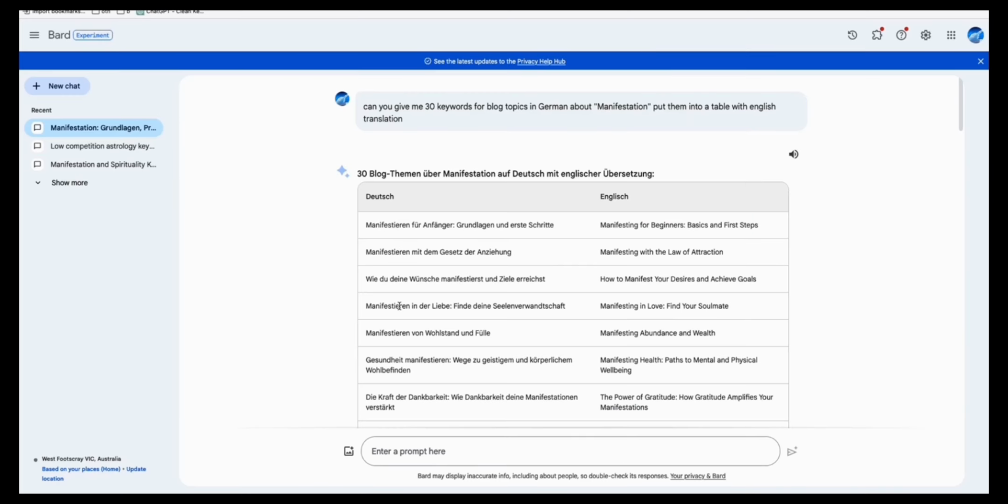So here in Google Bard, I asked Google Bard to provide me a list of keywords in German related to manifestation. I also asked it to provide the English translation so we get the idea of what the keyword is all about. For example, this one, manifesting for beginners. So that's the German written text for that. What we have to do here is assume that this is the statement, manifesting for beginners, so we